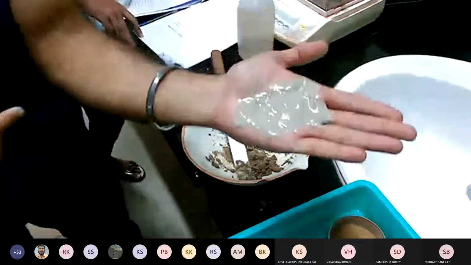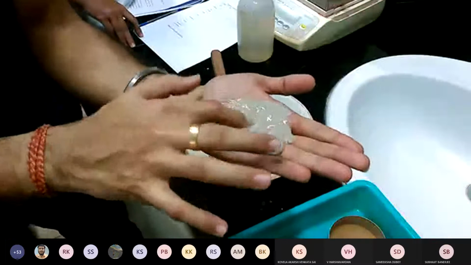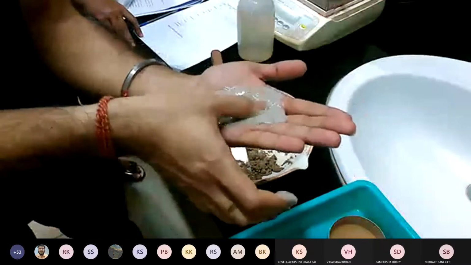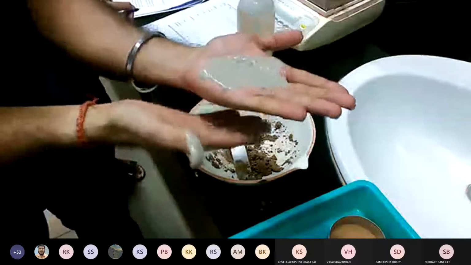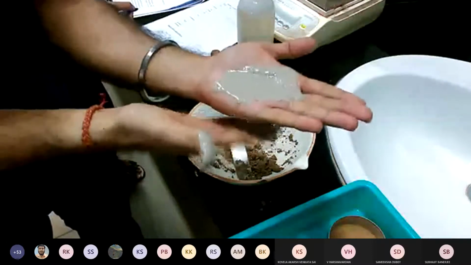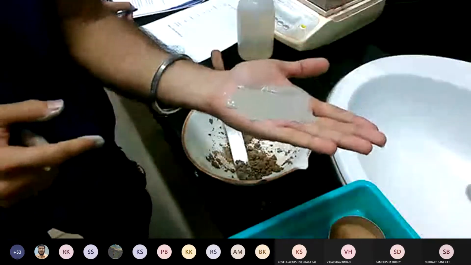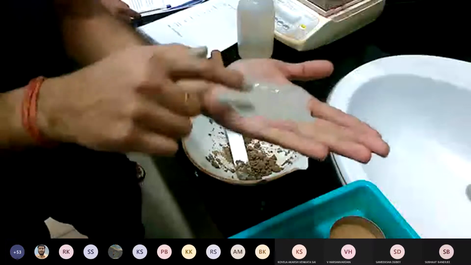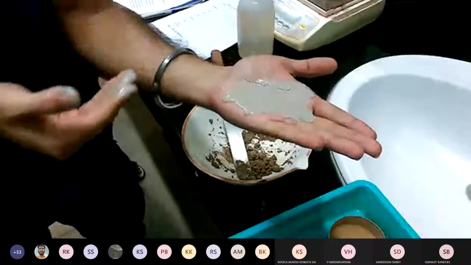So as you can see, this is the normal state. As you can see in the manual, first you need to press it a little bit with your thumb and then start tapping it. Once you tap, if you can see the water coming to the top, you have to see how fast it comes, or if it does not come at all. If it comes very fast, you see a glassy kind of surface at the top. This is nothing but water coming out to the top.